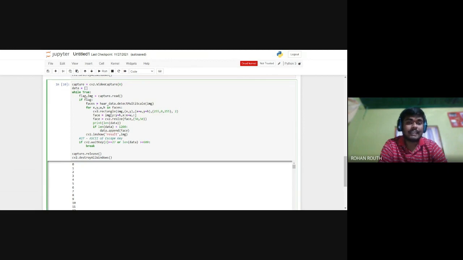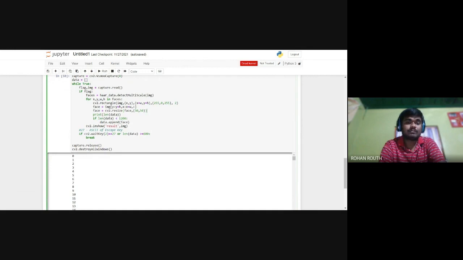The next line does the same thing. And what the following line does is face = cv2.resize(face, (50, 50)). As we know, every photo would be of different length and breadth, so just to make all of them equal size, we have written this statement.